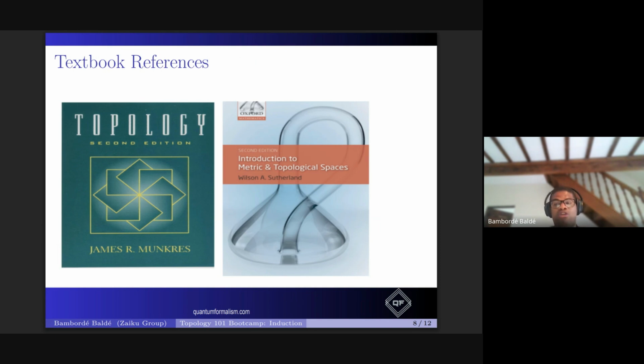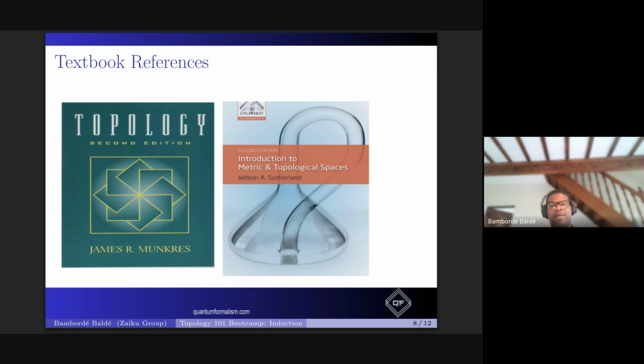And I will not necessarily be following them, because I've taught topology in the past. The approach that I will be taking is slightly different, based on my experience teaching students, especially those not coming from a mathematics background, where I obviously needed to be abstract, but at the same time understand that people are not coming from a mathematics background.